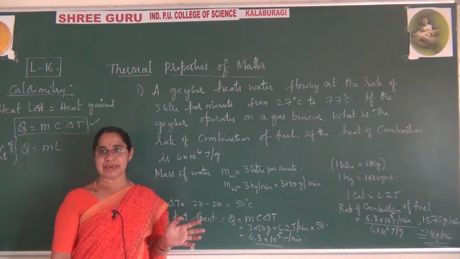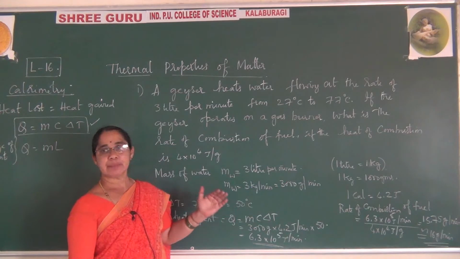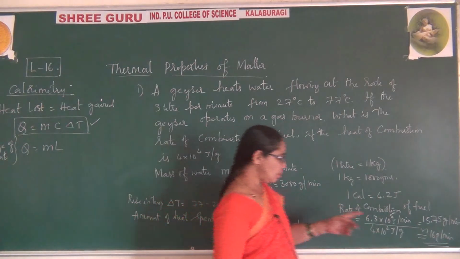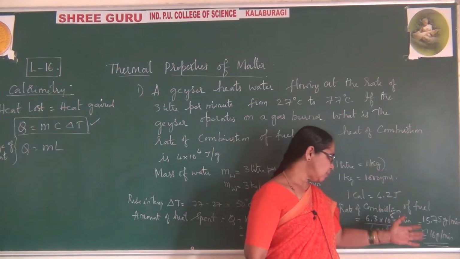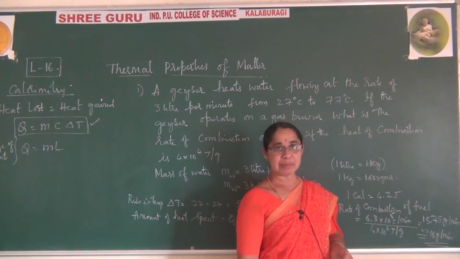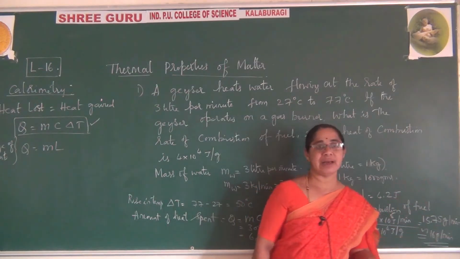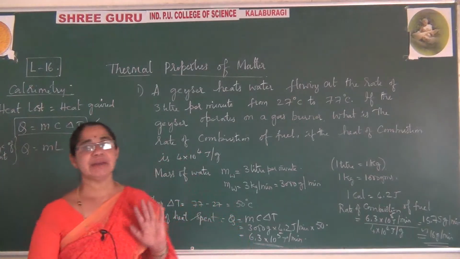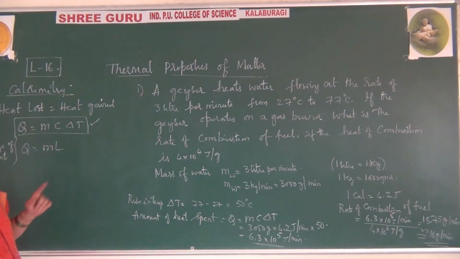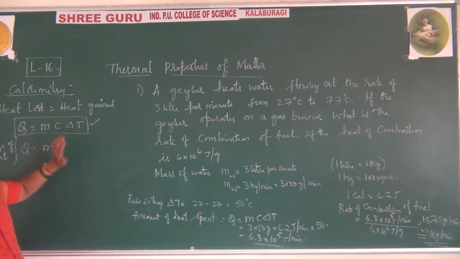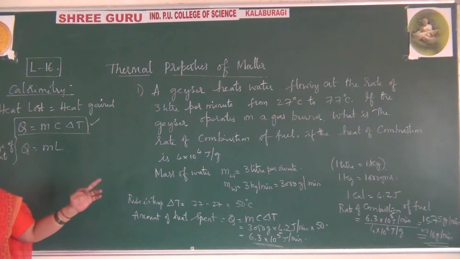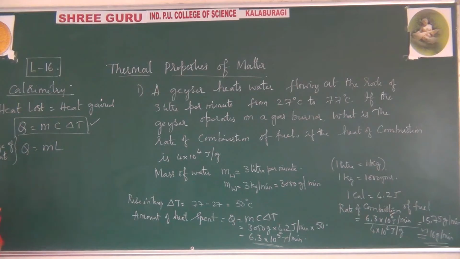You can also convert it to seconds, but if you write in minutes, keep it as it is in minutes. Here we get the answer in minutes. By chance, if you want to write it in seconds, we just divide by 60, where 1 minute equal to 60 seconds, then you write the final answer. So better you keep this answer in minutes itself. Okay, so this is how we have to calculate. Very simple problem, but only this formula we are using. The steps to be followed: conversion to be done first. I hope you understood this. Similar type, I solve one more problem, and you'll understand some more things in that.